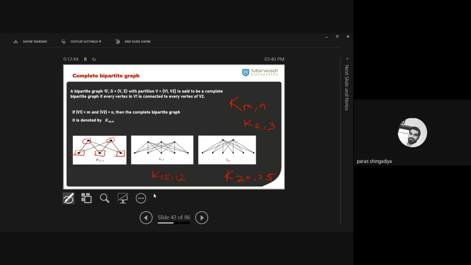If you want to check the edges directly, how can we check directly? Clear? You just multiply these two numbers, and just add them to check the number of vertices. So m plus n denotes the total vertices. m plus n means total number of vertices, and m into n denotes the total number of edges. With this you get the total number of edges. Clear? Is there any confusion? Do all of you have any doubt?